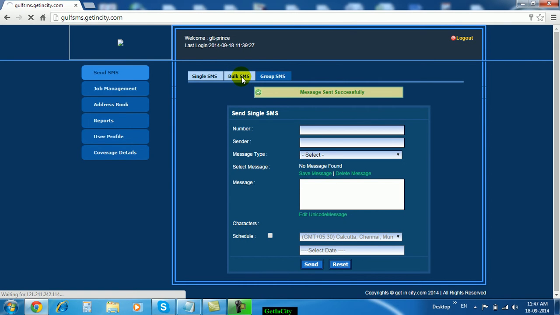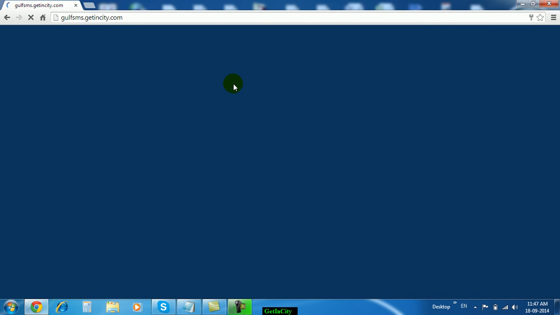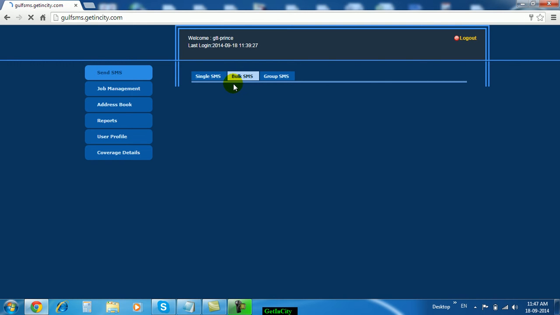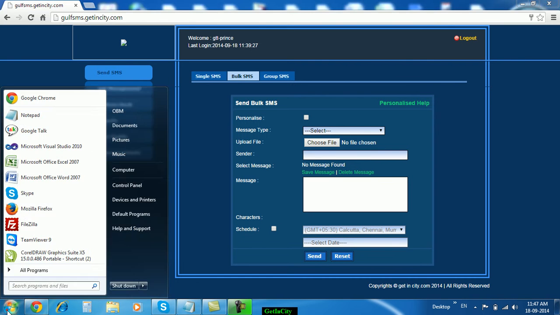For bulk SMS, you should have one Excel file.